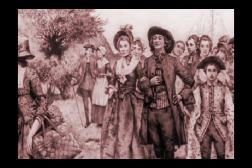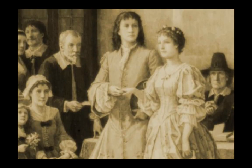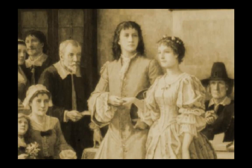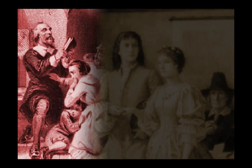Life for New Englanders bore more differences than similarities to life in the Chesapeake region. 17th century New England offered a much lower mortality rate, with estimated lifespans of nearly 70 for men and over 60 for women. The average number of births in a family was 8, with 6 children surviving to adulthood. New England's Puritans considered marriage to be a civil covenant rather than a religious sacrament, and arranged marriages were highly uncommon. Unlike the Chesapeake, where divorce was unheard of, New England allowed divorce for such things as adultery, excessive cruelty,